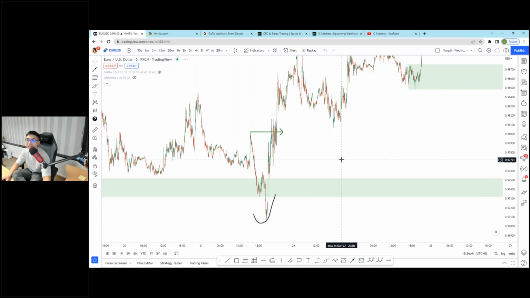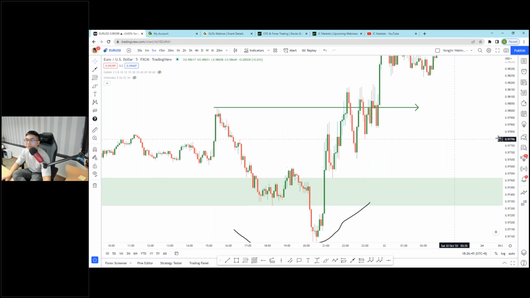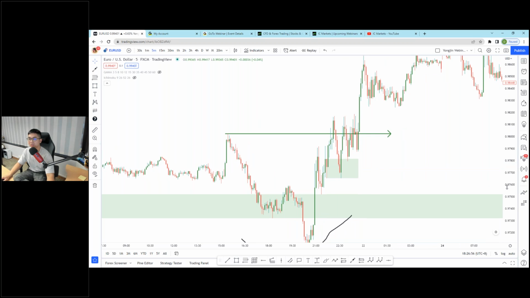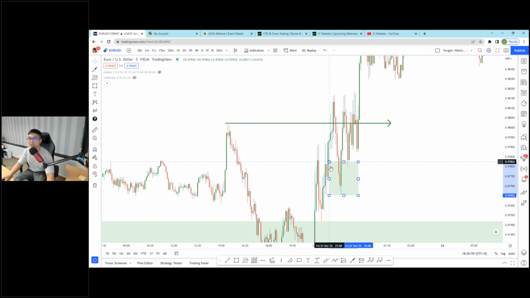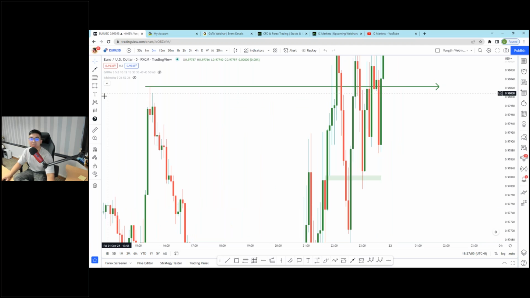Moving to the 5 minutes chart, we can see that. I know for smart money concept traders, some of you guys would be drawing a point of interest for price to go up. But for me, I'm actually using market imbalance for my entry, just in case I miss the trade. So zooming in on the 5 minutes, we have a very, very tiny, very minute little imbalance right there. So I will probably enter right there.